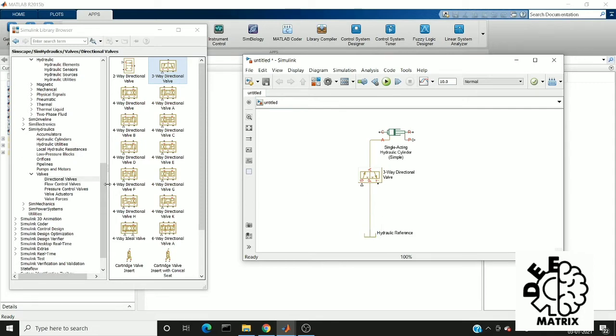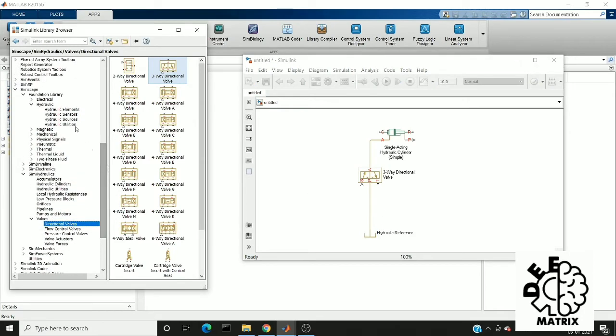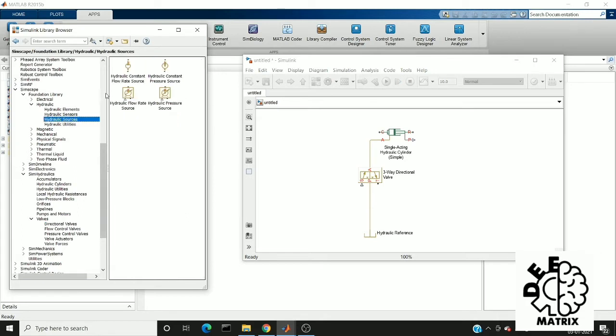Next we need a pressure source. By using a pressure source, we can inject the oil into the control valve and send it to the cylinder. So we are going to use the hydraulic pressure source. I'm going to connect this in between the reference and the valve.